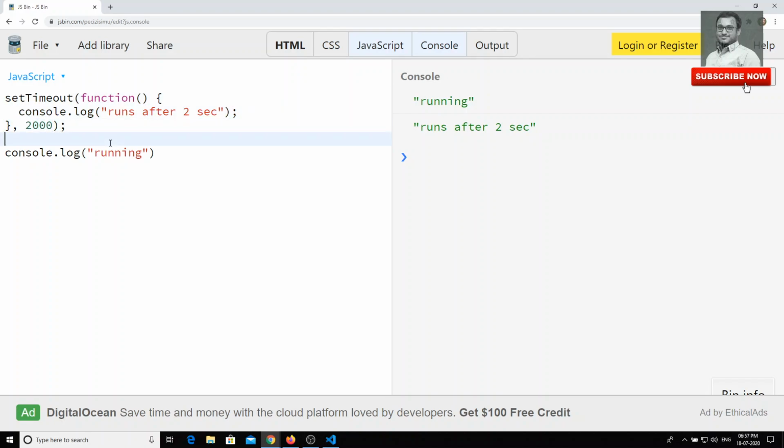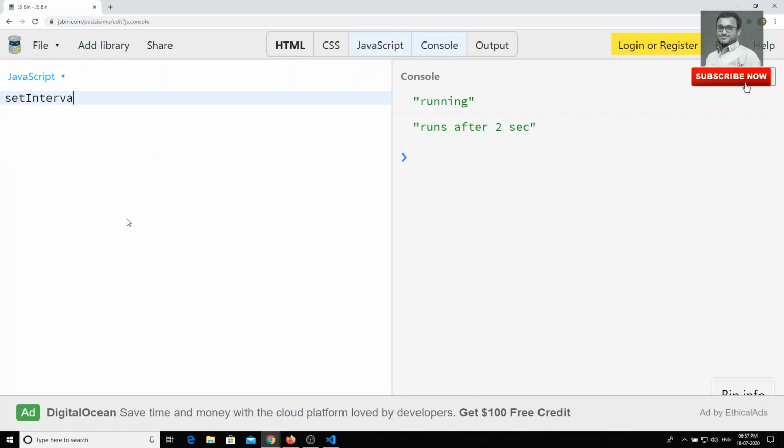This will be very useful when we are using animations, or we need to fire an event after 2 seconds or 4 seconds, or we need to show some dialog box or modal dialog after 5 seconds or something like that. If you want to show anything, this setTimeout will be very useful. This is the method in the window object itself. And another one we have is